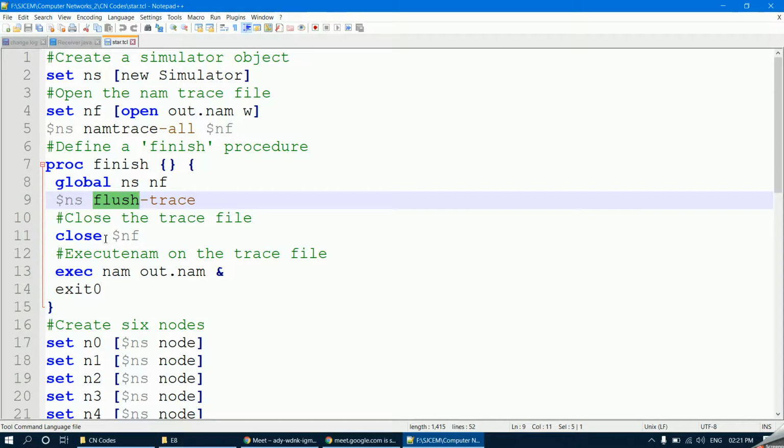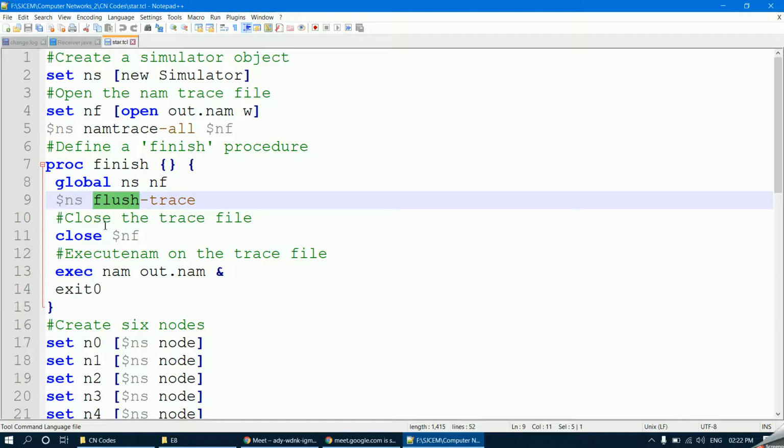That is why we use flush trace. Every time you run the star topology code, the connection of the main node with the other nodes will keep changing. It is like an animated file. You will come to know when I do the execution.